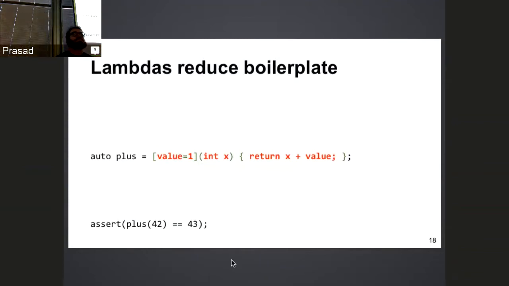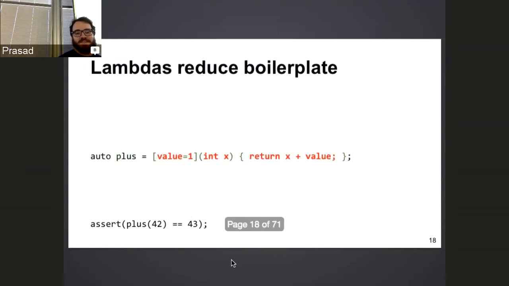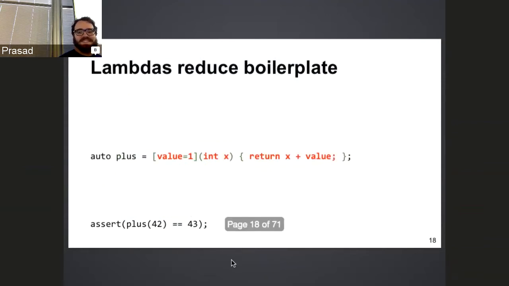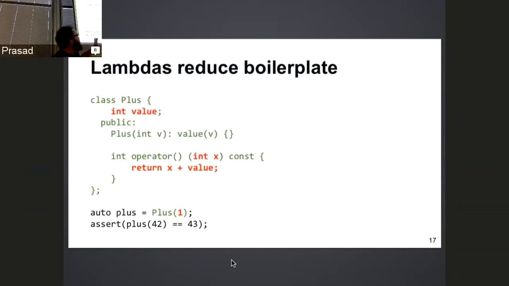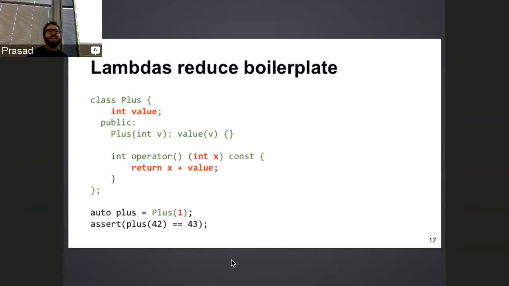So with this, the assembler code is the same as from the previous class-based version. Yes, these two are, for all intents and purposes, identical. The fact that in this one we have our boilerplate, the capital P plus name, is a name that we have gotten rid of. The compiler replaces it with a made-up name that we don't have access to, which we're going to